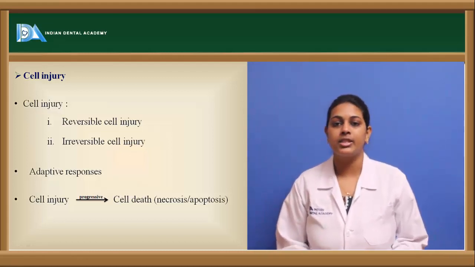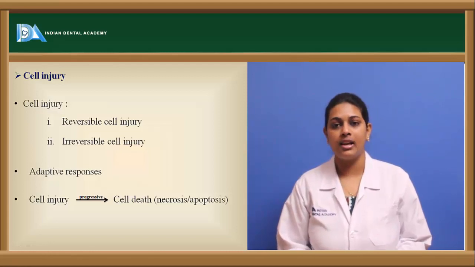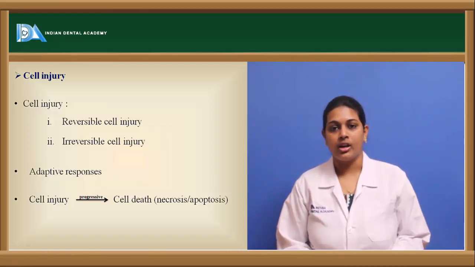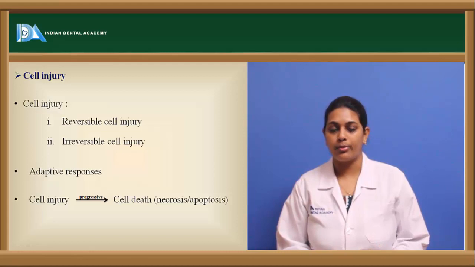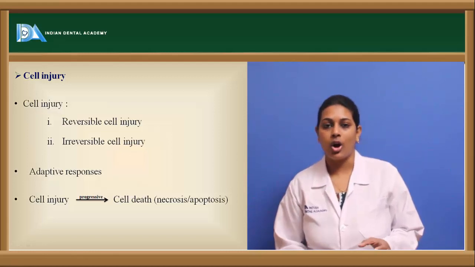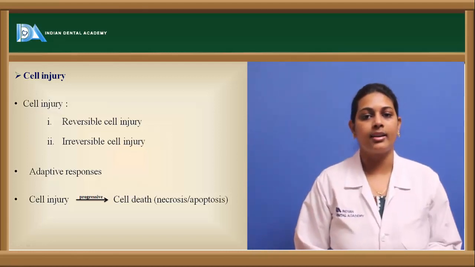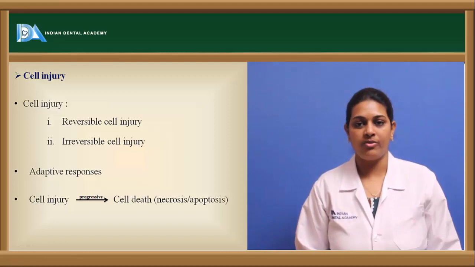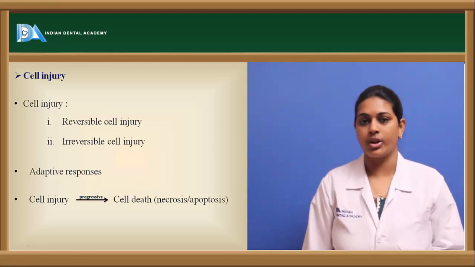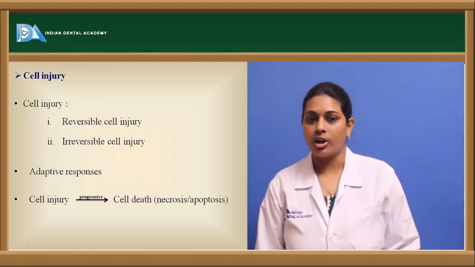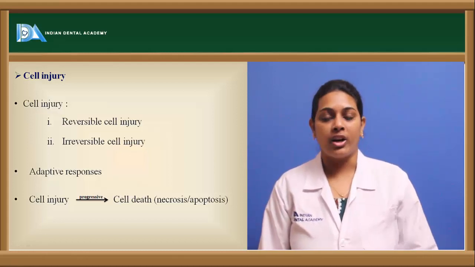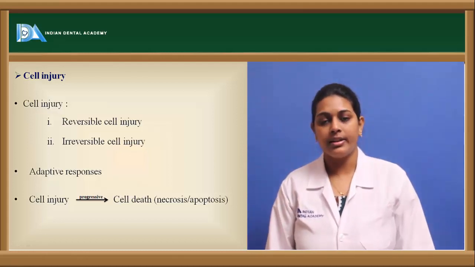Reversible injury is a state when a cell is exposed to external stimuli which cause injury only to a certain limit, so that the cell can restore back to its normal function, whereas irreversible cell injury means that the cell cannot revert to its normal function, and it further undergoes death in the form of